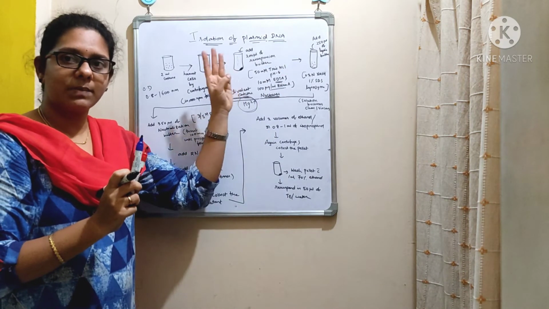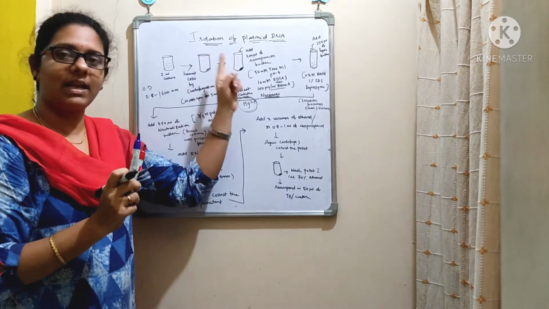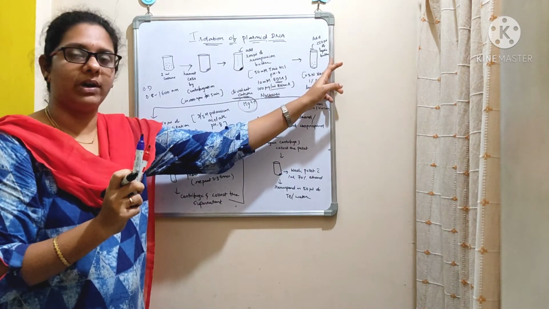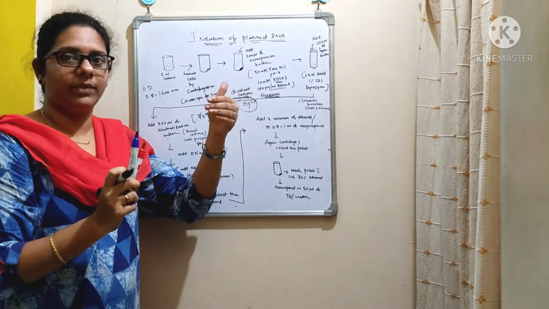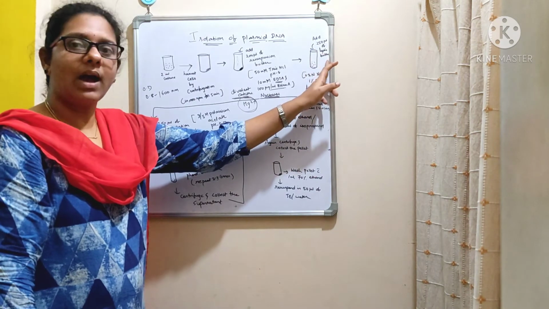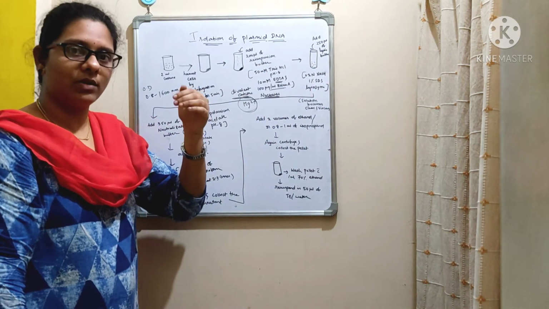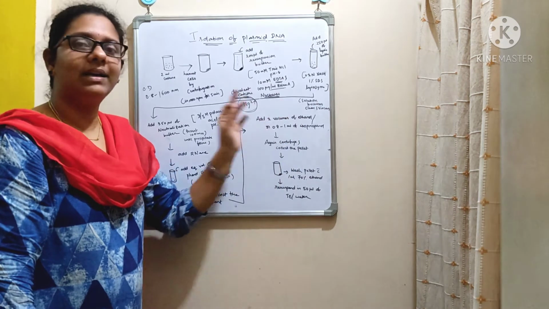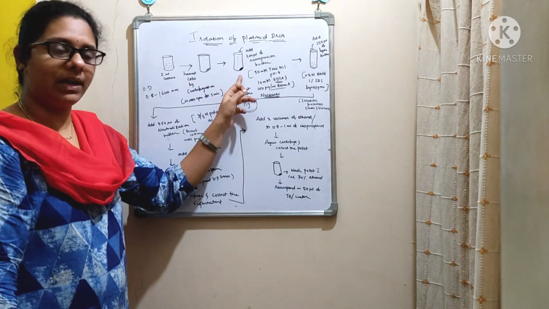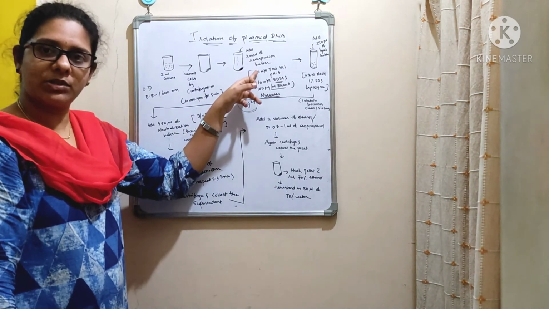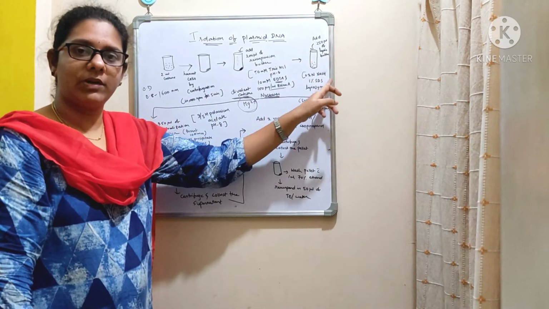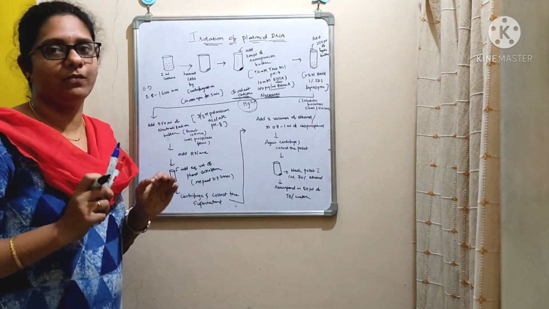So the first of the three basic steps for the isolation of nucleic acids is cell lysis. So here the first step is achieved, right? Once you add the lysis buffer, you have to mix it thoroughly using a pipette. One indication here is that once you add a lysis buffer and mix the solution, you should get a clear and viscous solution. After you get a pellet and add the resuspension buffer, you will get a turbid solution. But after you add a lysis buffer, your solution should be clear and viscous.